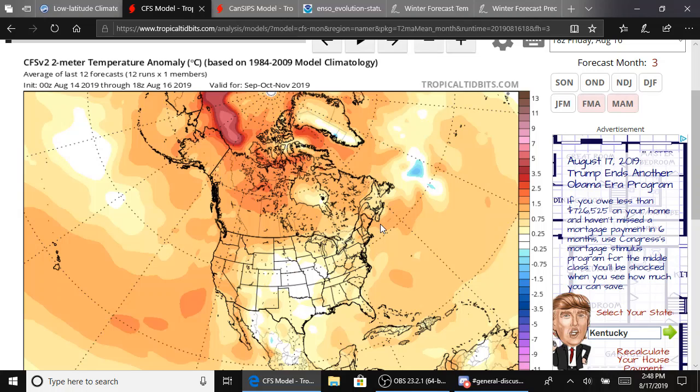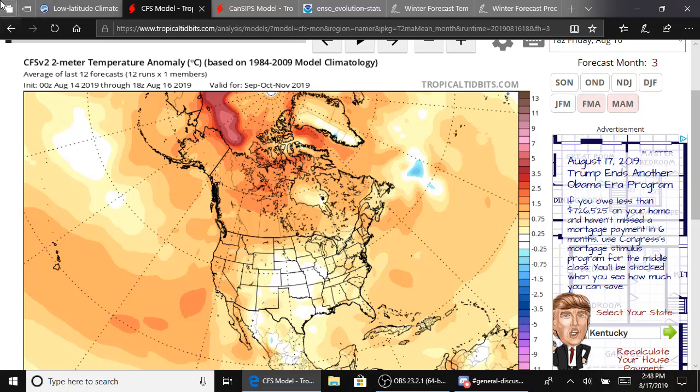Now, this is the temperature anomaly, but if we go out here just off the coast of the Northwest, even parts of the West are actually warm there. It seems like there could be some warmer than average temperatures to the southeast of California. Pretty warm up near Alaska and even up in Canada,